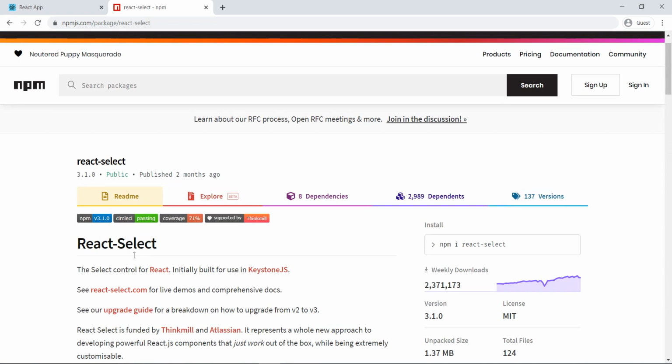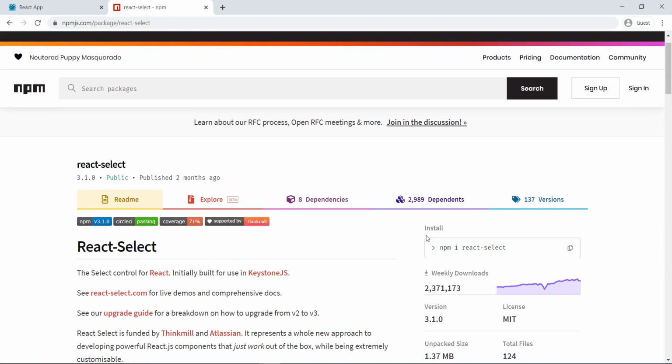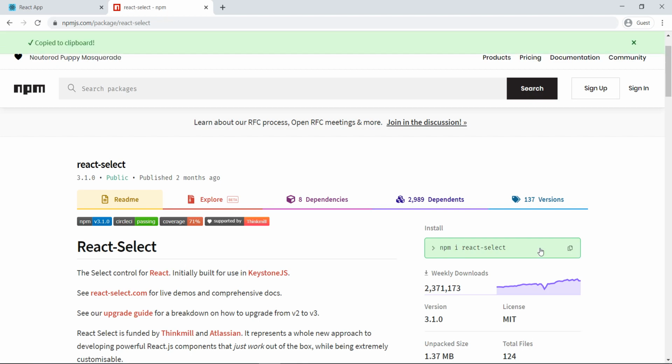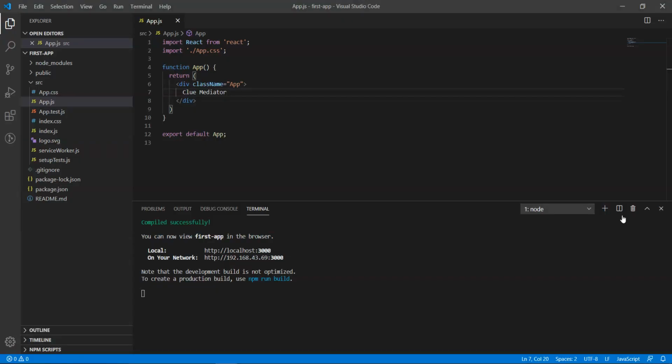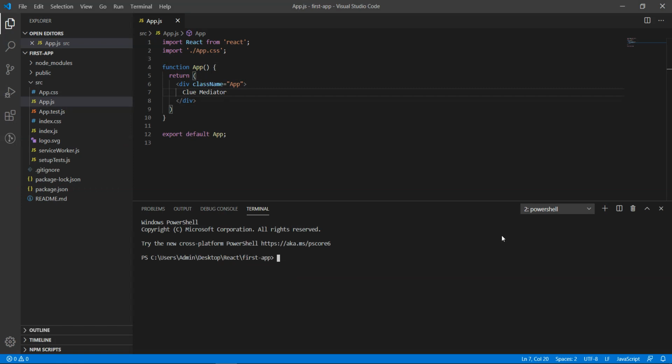First, focus on the implementation part. Here you can find the installation code. I'm going to copy this code and use it in our terminal. So, opening a new terminal, paste it over here and install it. Let's wait to install the React Select npm package.